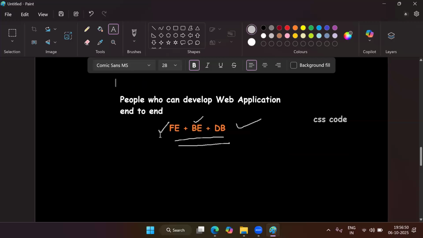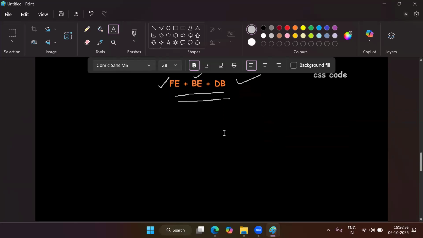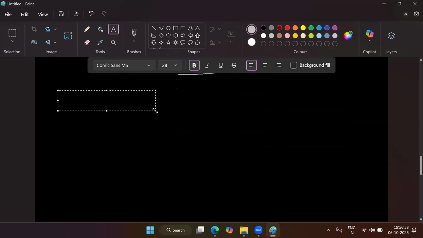So now we are very clear that we will start with front end, backend, and database. Everything will go step by step. Every day I will provide you the code. Every session's code will be separate. In session 1, what code we wrote will be separate. In session 2, what I wrote will be separate. In session 3 also. So we will maintain our code from session 1 till the session end. I will provide you notes, whatever notes are required.